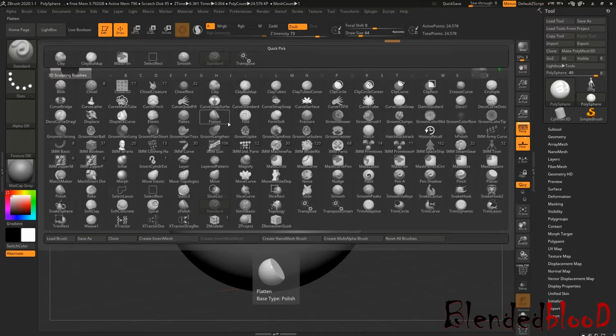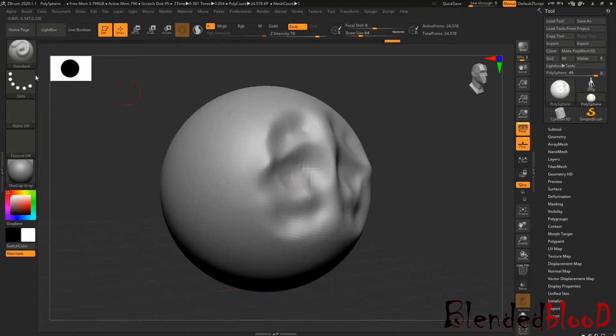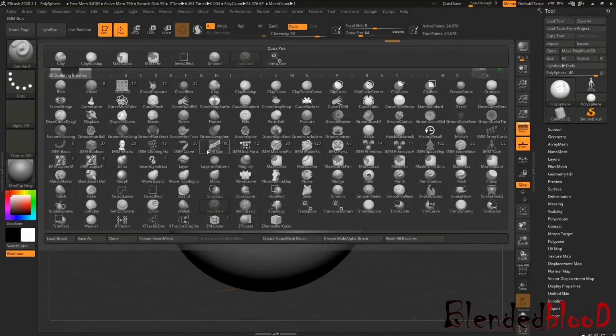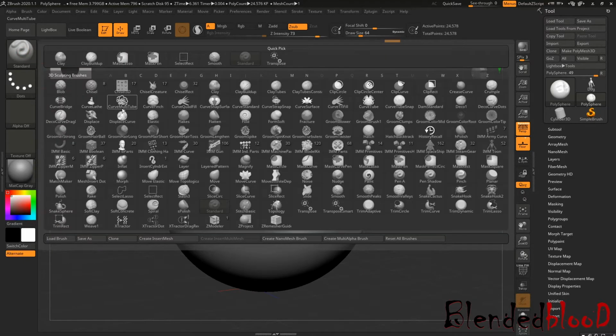But we don't need to look around for every brush, like where is this and that. Just go alphabetically to where you want to go. Now for example, I need to select the Move brush. So for the Move brush, the first letter will be M, so I have to go to this panel, the M panel.